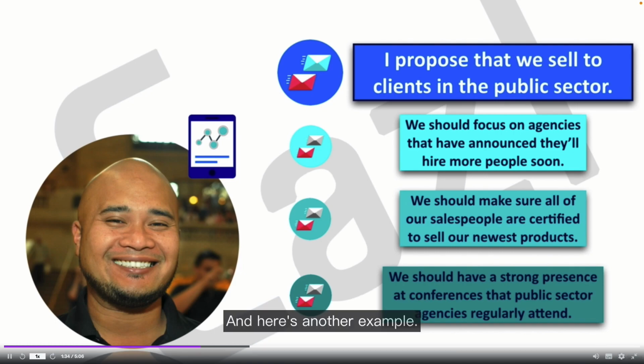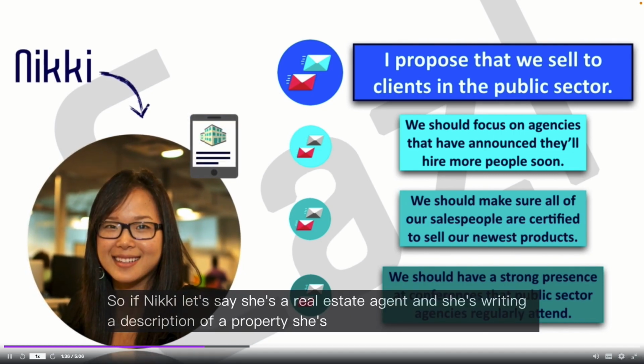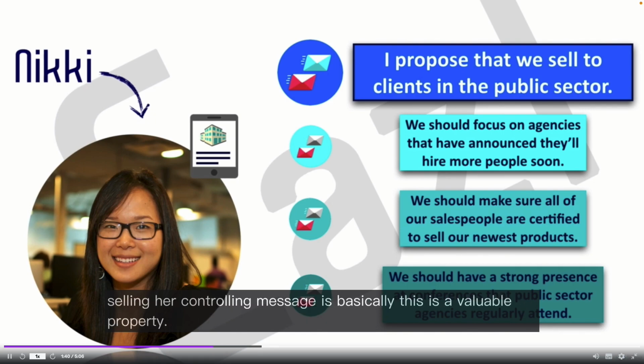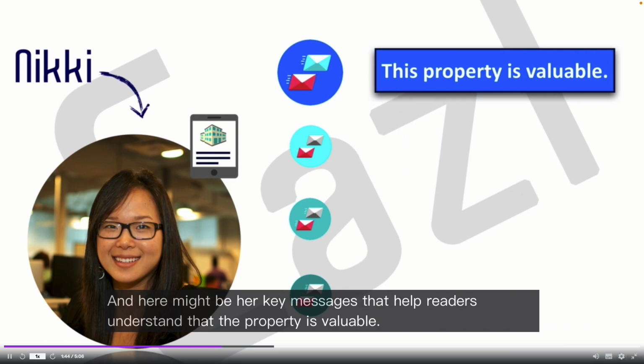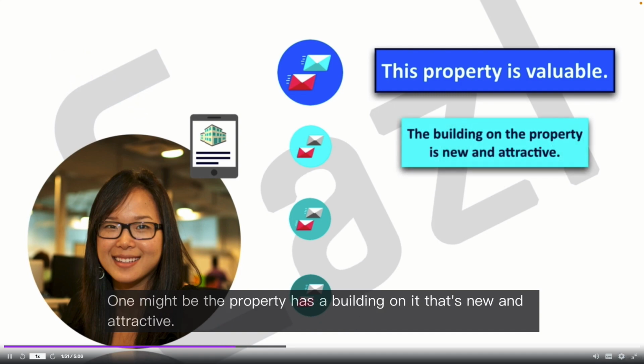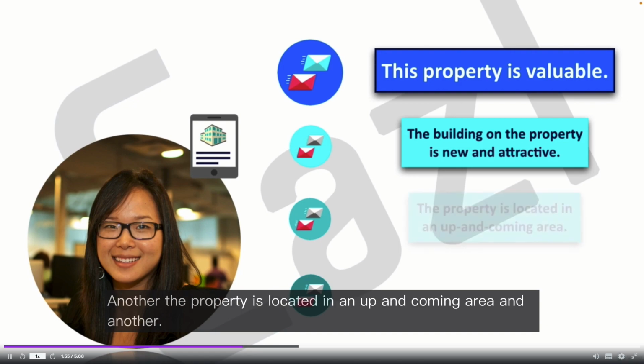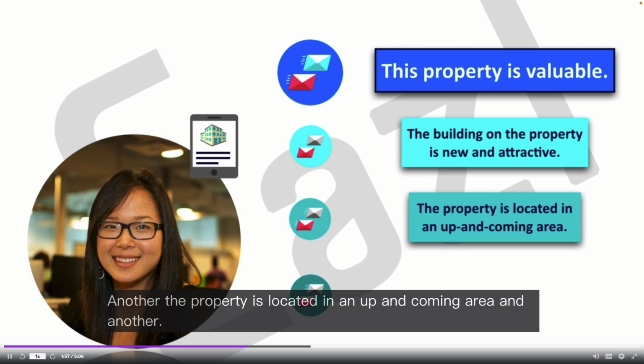And here's another example. Let's say Nikki is a real estate agent and she's writing a description of a property she's selling. Her controlling message is basically, this is a valuable property. And here might be her key messages that help readers understand that the property is valuable. One might be the property has a building on it that's new and attractive. Another, the property is located in an up-and-coming area.